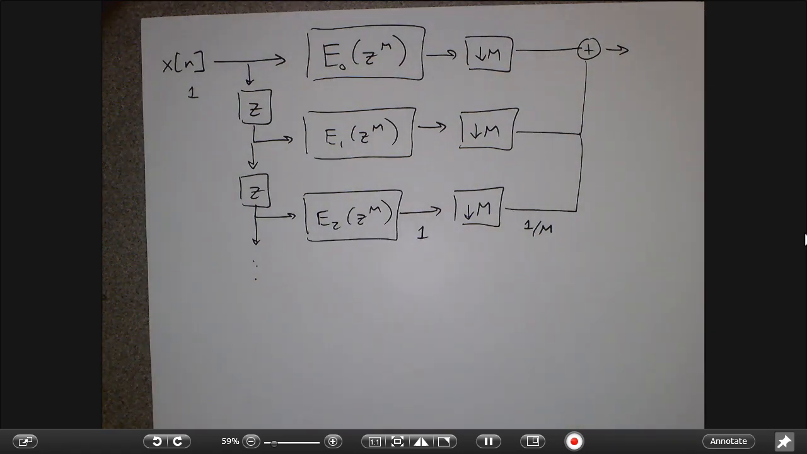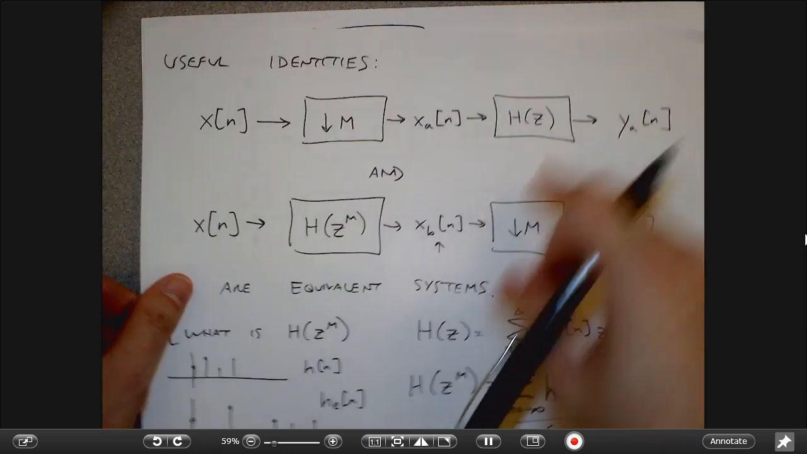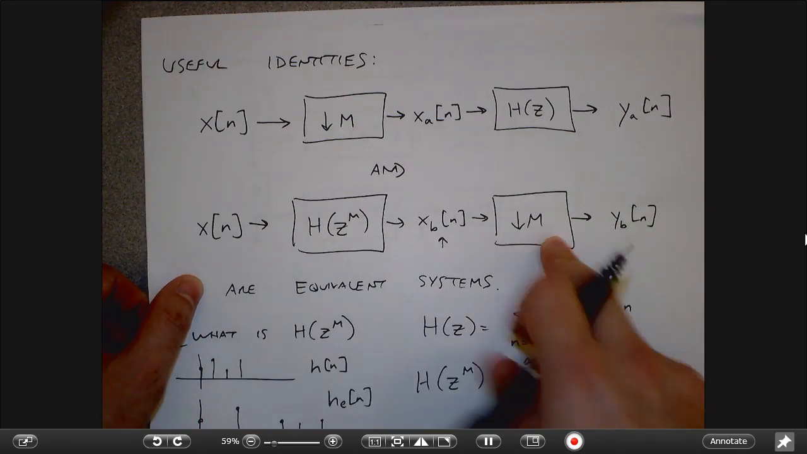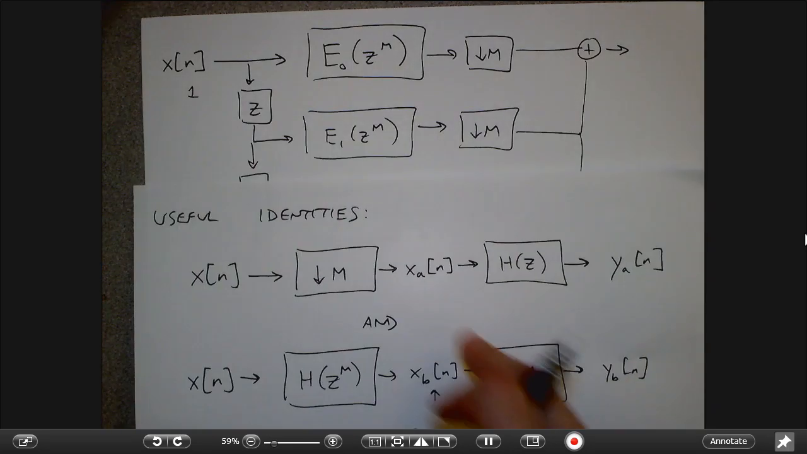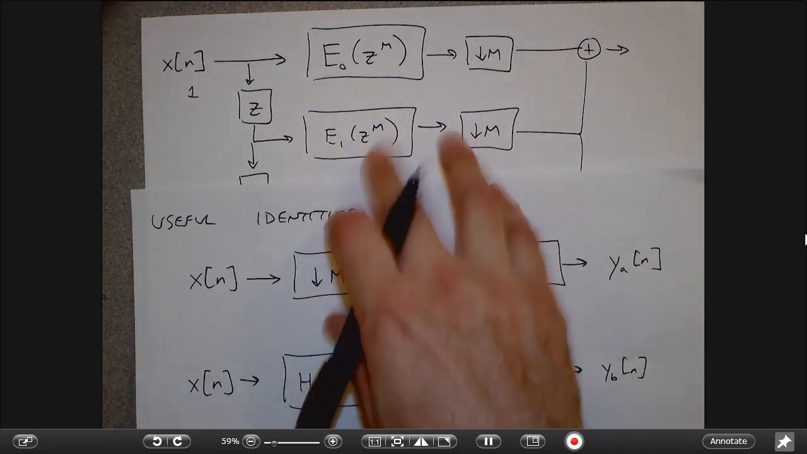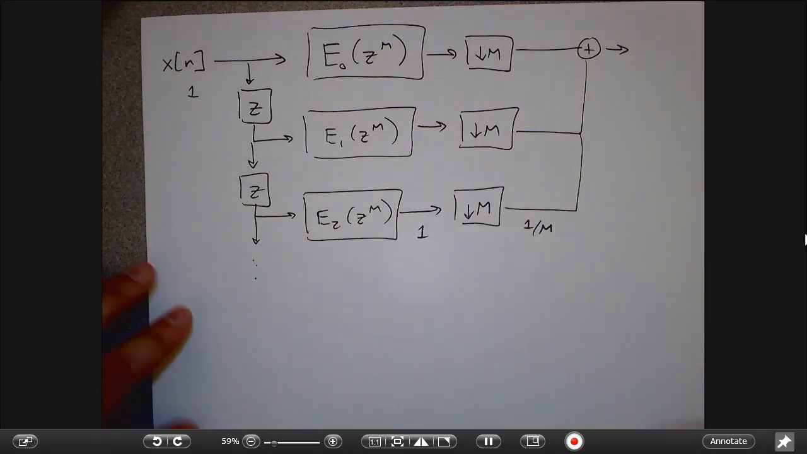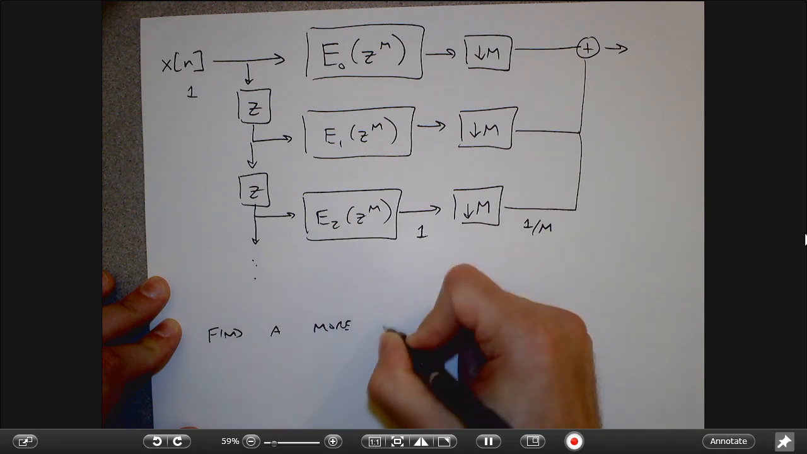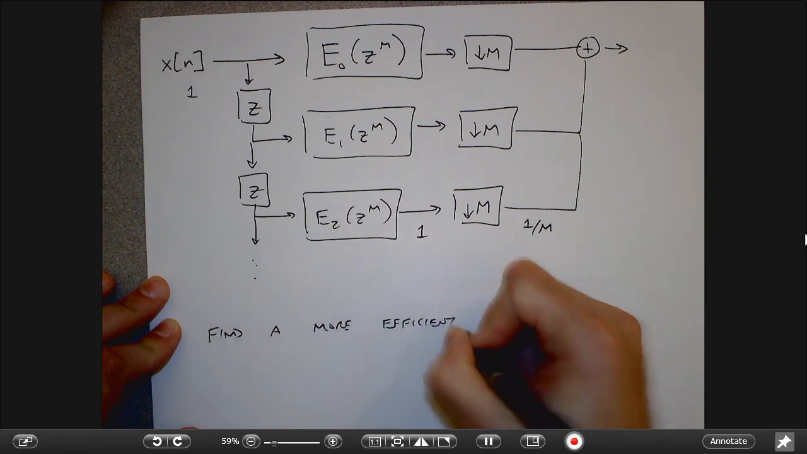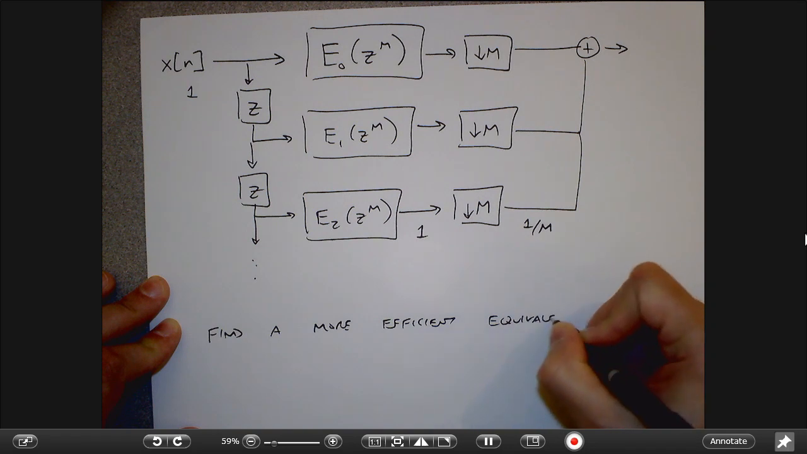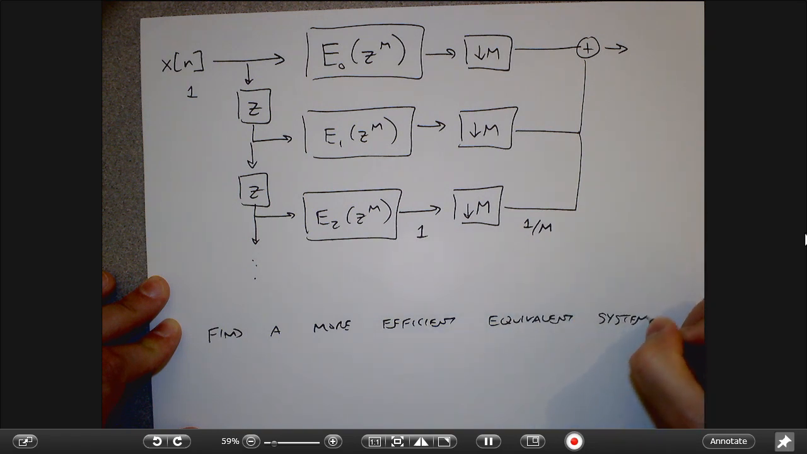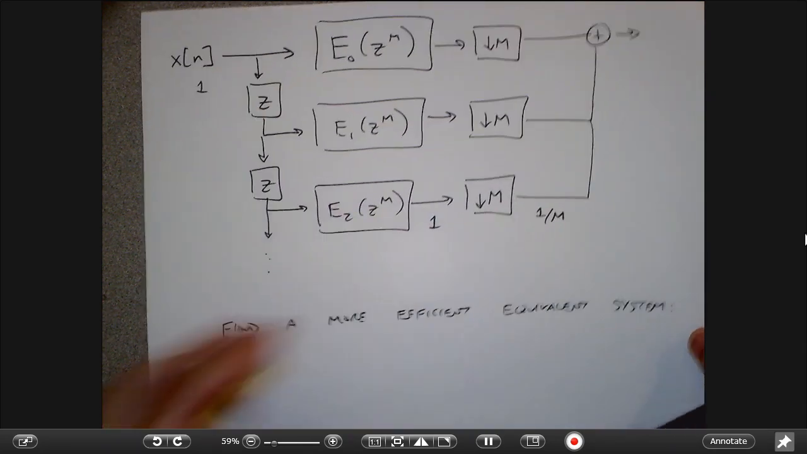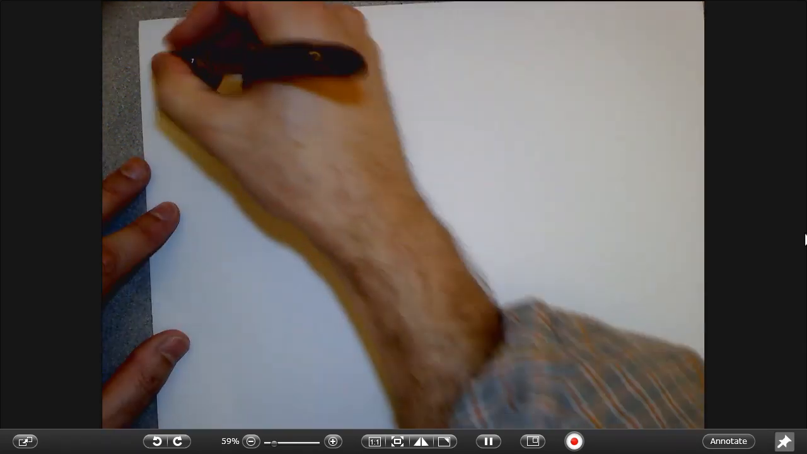So I had an identity that looked like this, right? This is exactly the setup where I had something that said this system was equivalent to this system. And so I'm going to apply that right here. It's like saying, okay, instead of doing this, I'm going to flip these guys around. So now we find a more efficient equivalent system. What I would do is I would interchange these guys and say, okay, instead what I'm going to do is